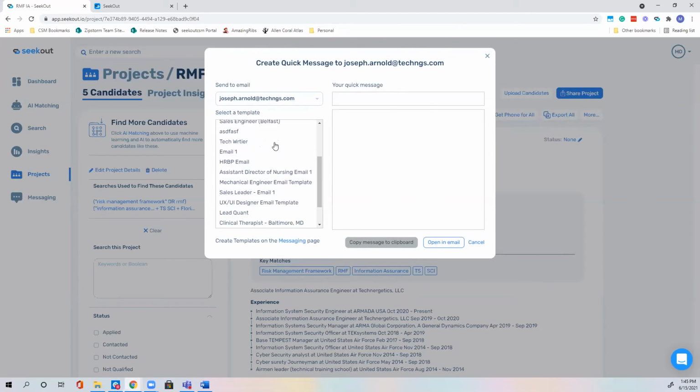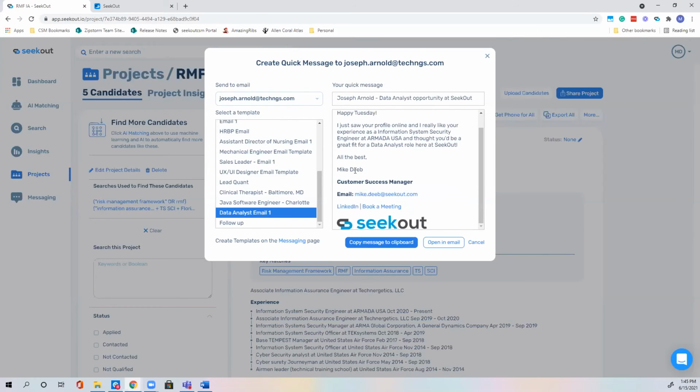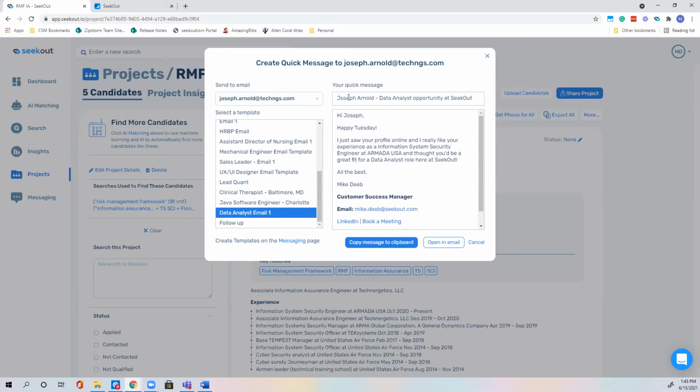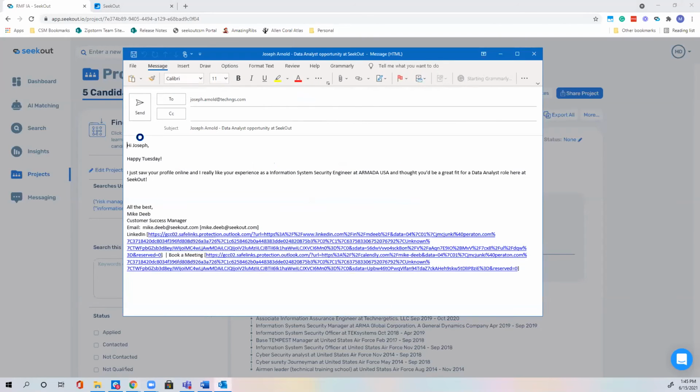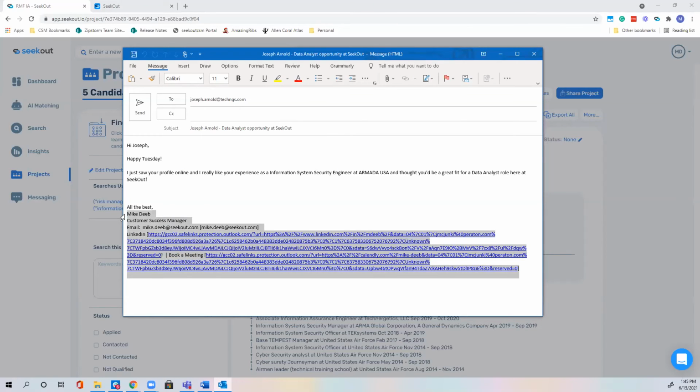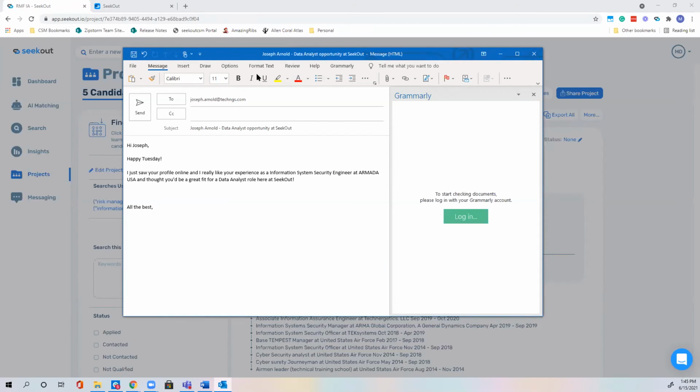So I'll see my list of templates available here. I'll see the candidate's email, and I'll use that first one, data analyst email 1. And now, without having to copy and paste anything, I can just click open an email, and it'll open up directly in my Outlook. I'd rather use the signature in Outlook, so